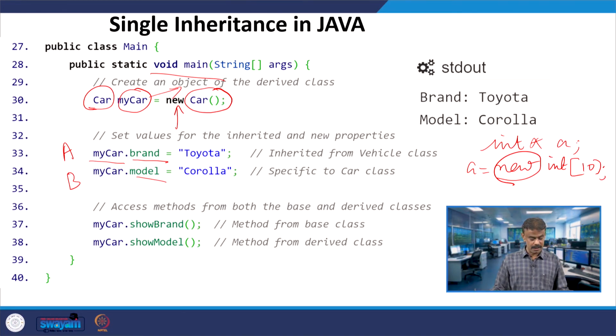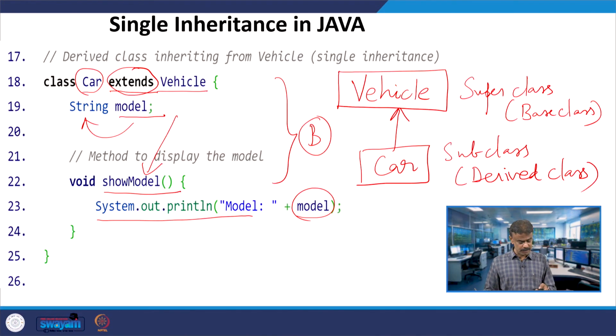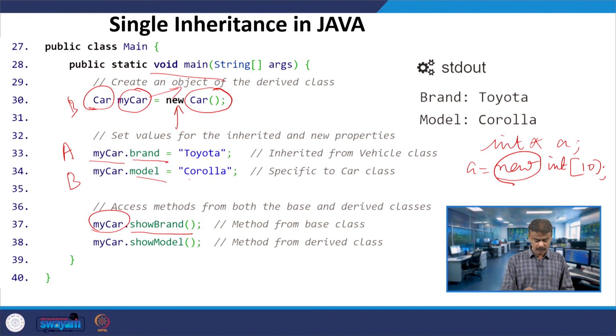So, now my car, the object you have created under B, can access any method because you are using the inheritance property. When your object invokes the method show brand, which is available in the base class, this is possible and it will print whatever the brand is, Toyota, and my car dot show model,